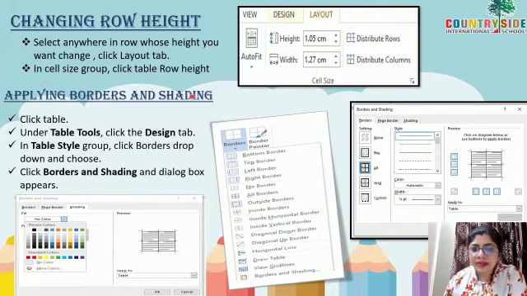Now comes applying borders and shading. Yes, you can apply border and shading also to your table. For that, under Table Tools, click on the Design tab. Then in the Table Style group, click the Borders drop-down and choose. This Borders drop-down menu is there. Choose any of the borders you desire and then click OK. And if you want some kind of borders with shading or colors, then you have to choose borders like this. You will choose any of them, or if you want shading, then color, you can choose any out of here, and your table will have borders as well as shades of your choice.